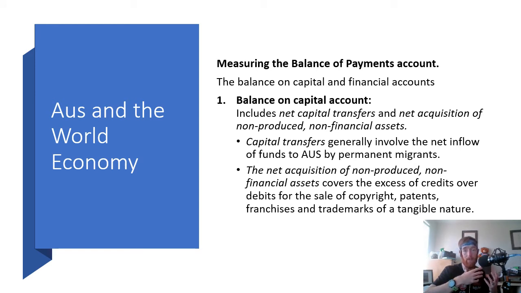There'd be a debit for it if you moved overseas and took all your money with you overseas. That would be a debit because you're taking all your capital with you over to a foreign country. The next part, the net acquisition of non-produced, non-financial assets, is all about the credits and debits of sales of